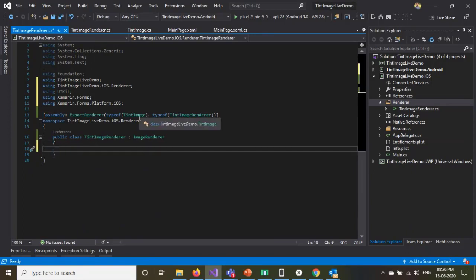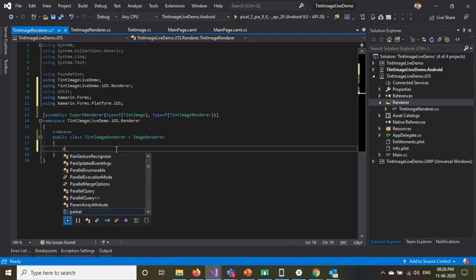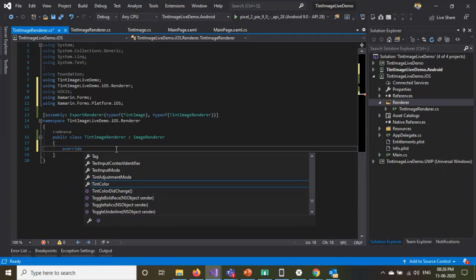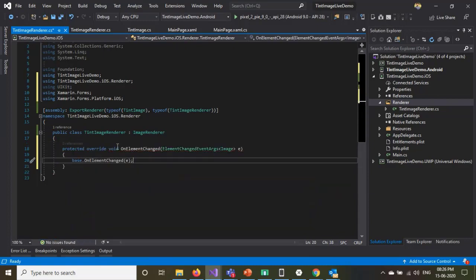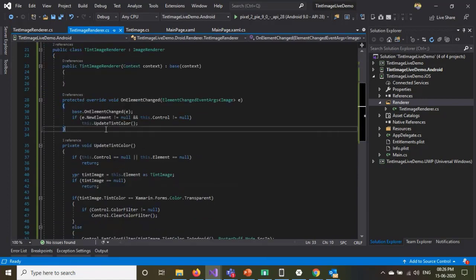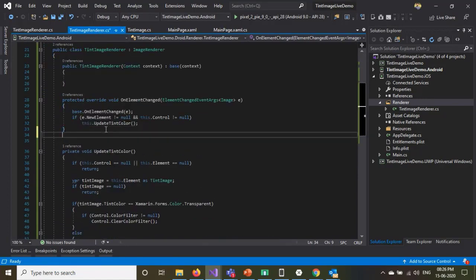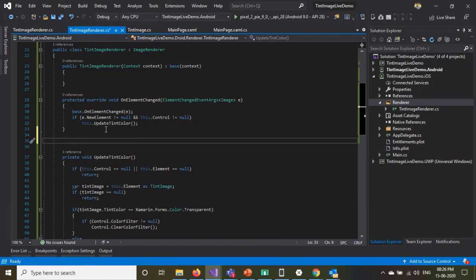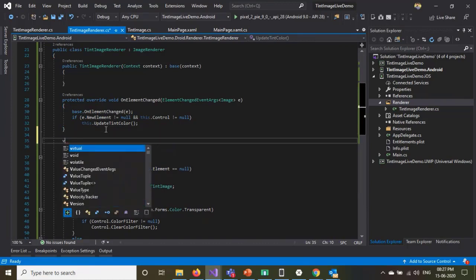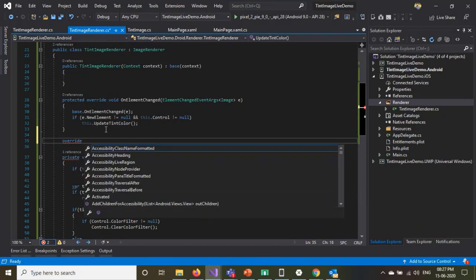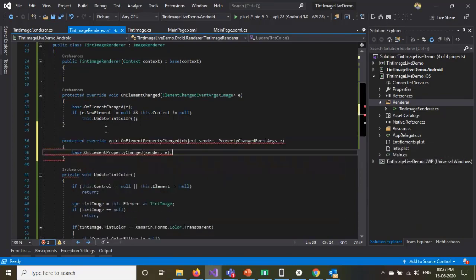So you don't have to write any constructor here for iOS. All you have to do is directly override the OnElementChanged. Oh my god, I forgot to do this here. Fine, this works fine when we are launching it for the first time. To get things working fine for runtime, so we have to do this, which is